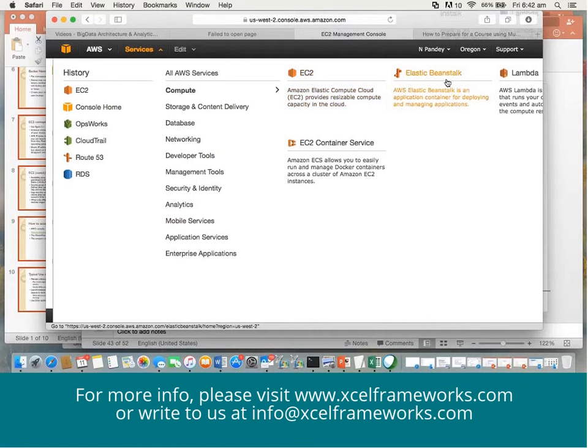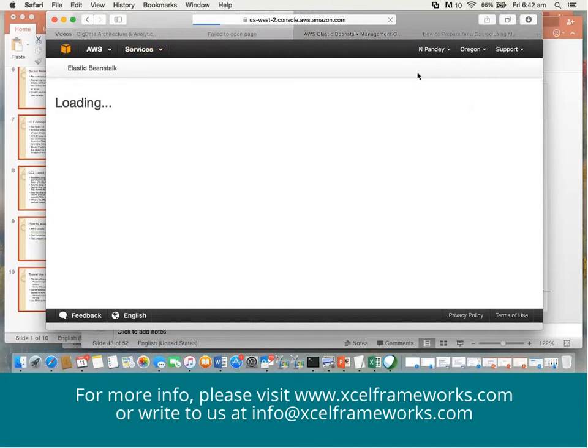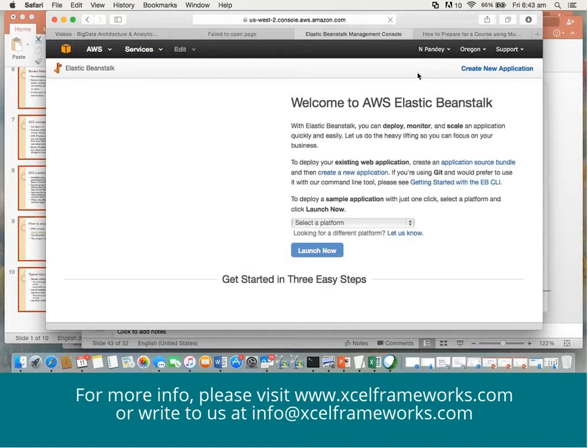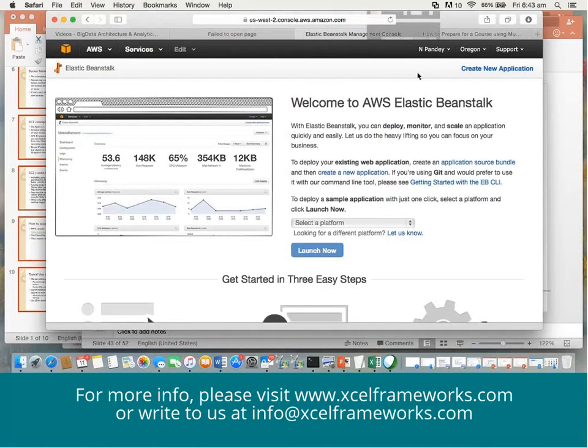Beanstalk is an application container where you can deploy and manage your applications, right? So you can say it's a different component itself. Now, for example, if I want to work with Beanstalk, what will I do? You have developers developing applications, and they say that they want to install their applications in the cloud and test them. So you can use AWS Elastic Beanstalk for that purpose.